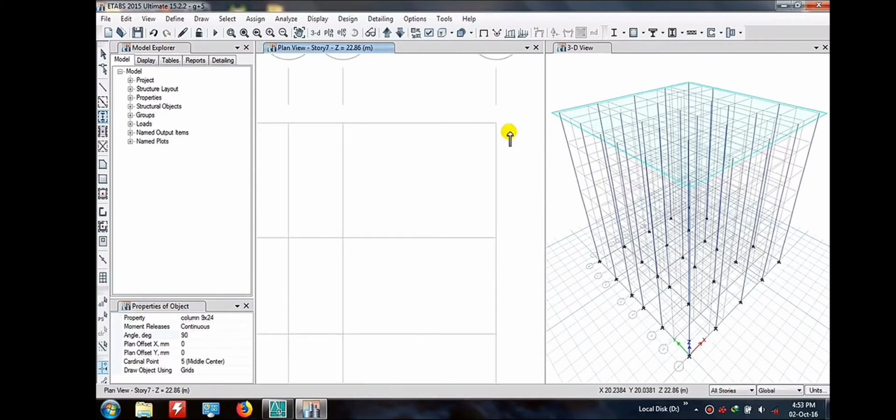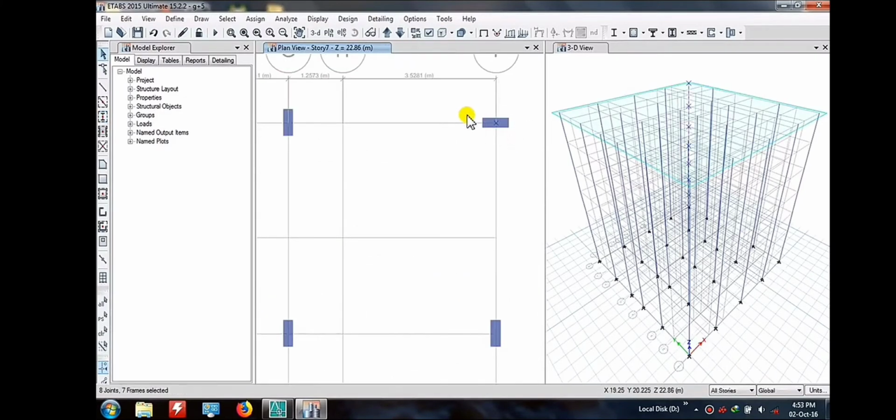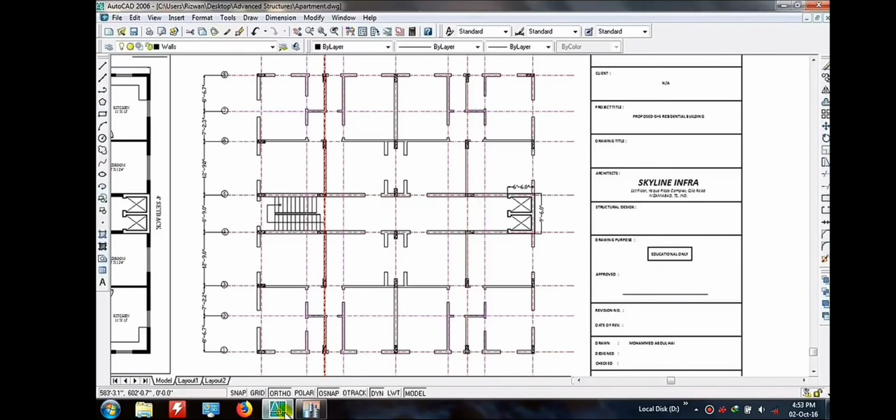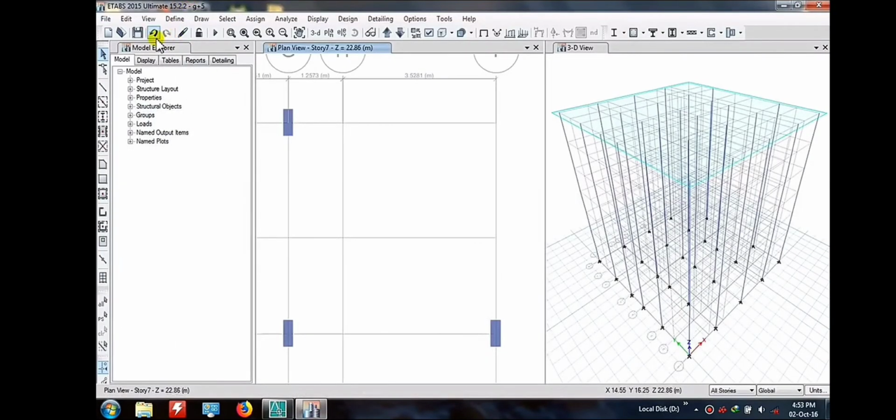You can also follow these steps with me. We have to remove this. Oh, let me check it one more time. Okay, it was correct.